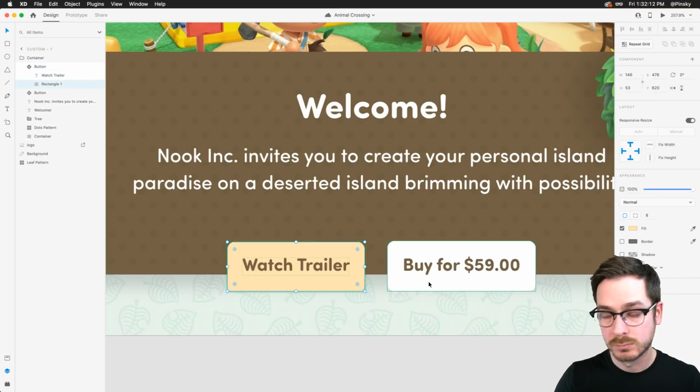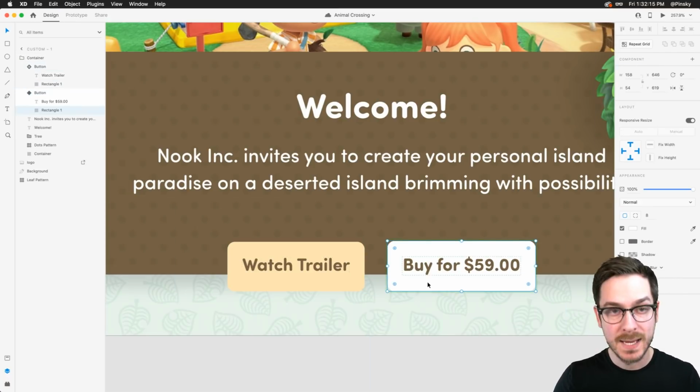Now, what I want to do is actually add the shadow to my master component. That way,